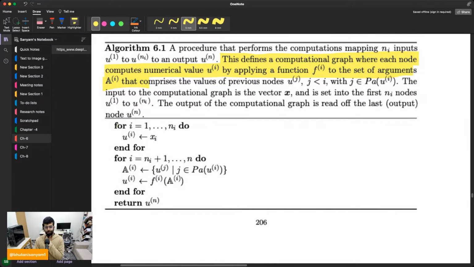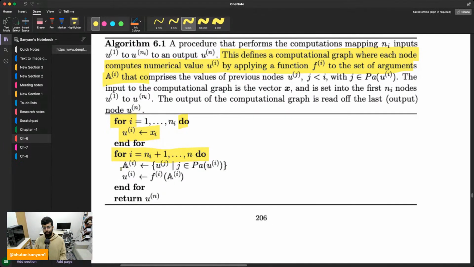So for any loop, it's usually written like so. Here we're iterating over all of the elements where i is going from 1 to n, and you usually write do after writing for. So what we end up doing here is we store these values inside u of i, and then we iterate over all of the values from n_i up until n, and then you apply a function like so. So you're calculating the probability and applying this function, and then again applying this function to a, which if we read above